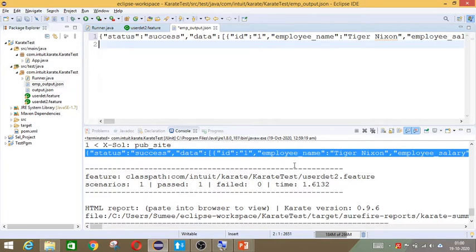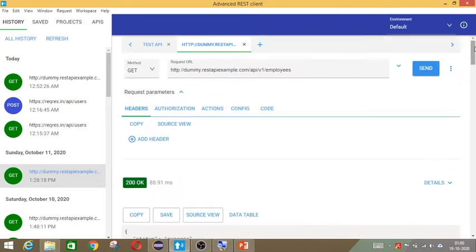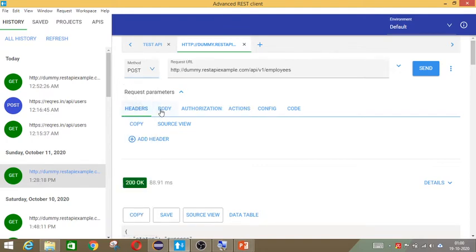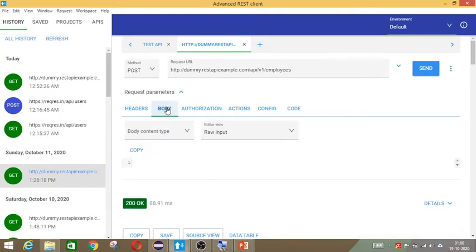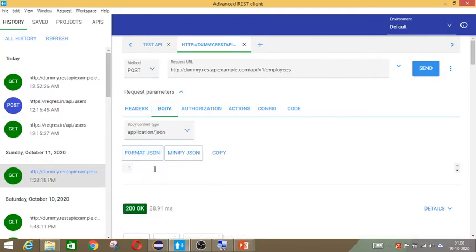Now all the data is in a single line, so we will not be able to exactly see how the data looks. In order to convert that into a typical JSON format, there are a lot of JSON converters available, but here in this Advanced REST Client itself we can do that. So you use the POST, and here in body you tell the type is application JSON.